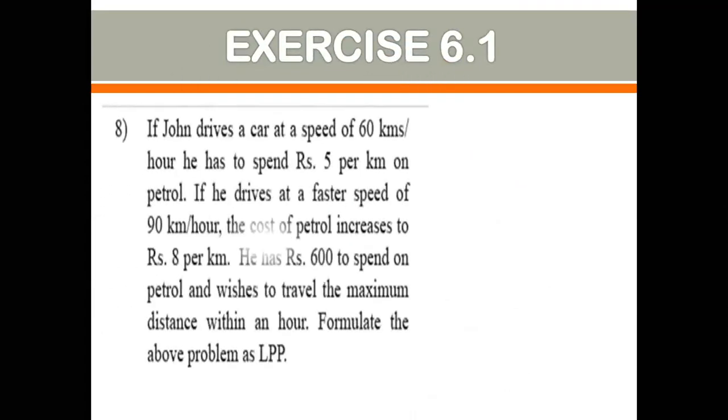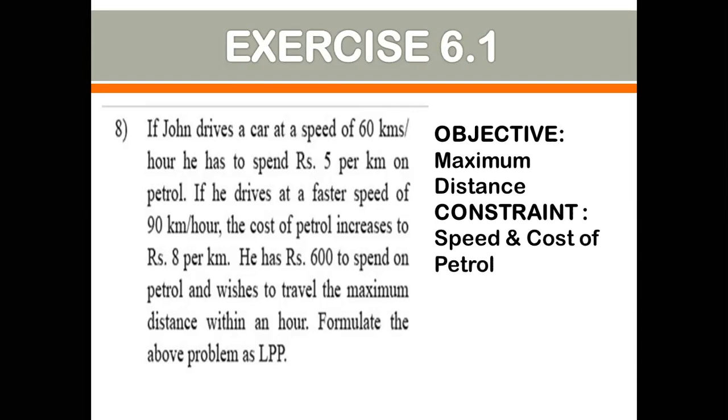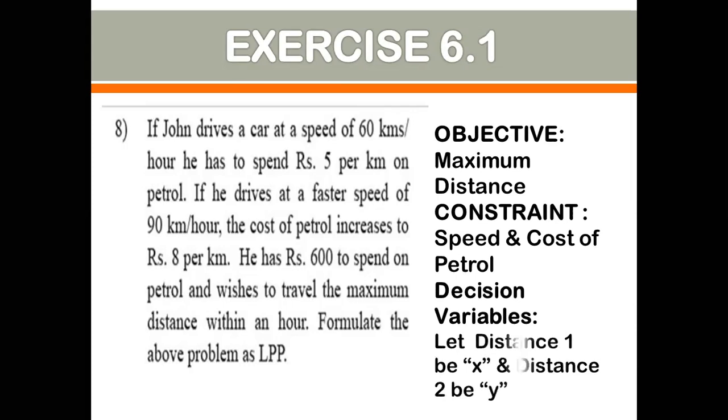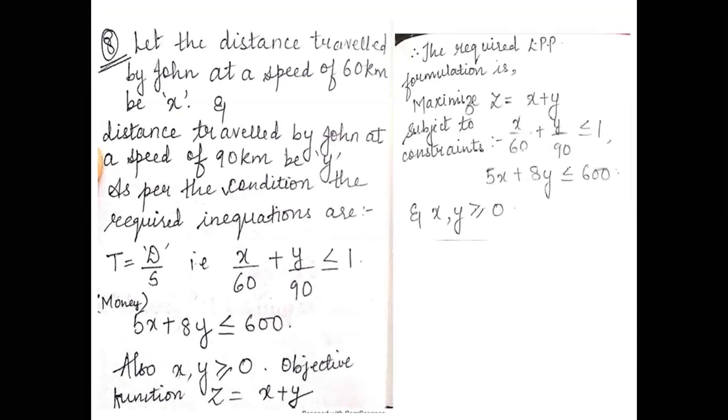Now we are taking one more example which is without a table, where there was no table and we framed the inequations directly. Remember, class, I gave you all the hint: whether there is a name of the person, or a banking transaction, or time, distance, speed sums, in that case we solve the sum directly. This I have already explained, so I'm not explaining it again. We stopped at the formulation part like this. So I am taking Mr. John's sum, that is time, distance, and speed, sum number 8.